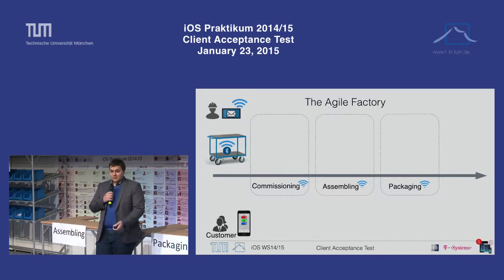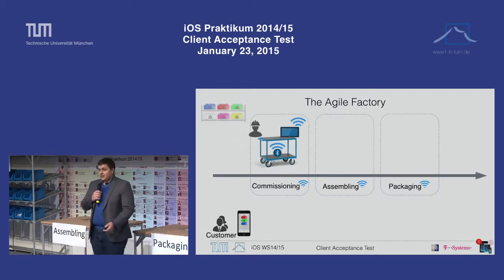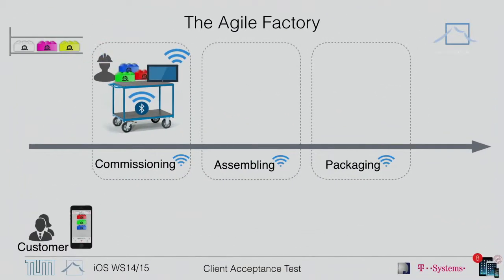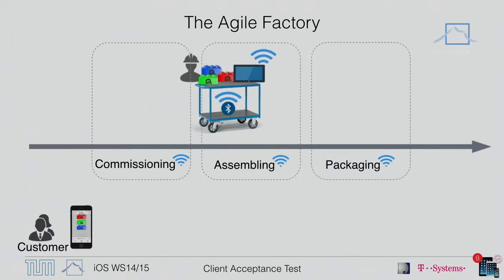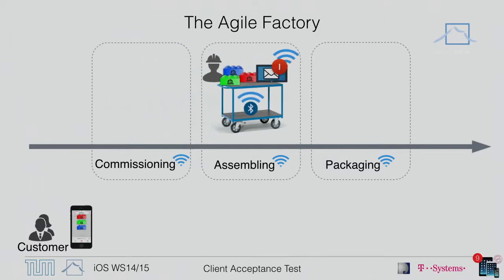The customer creates an order on his application, and the worker receives the notification about that. He proceeds to take his work table and go to the first area, to the commissioning station, where he receives the materials he needs. He then moves to the assembling area, to which he is guided by his tablet. And at this point, the factory automatically detects that he moved and notifies the customer with the push notification. The worker